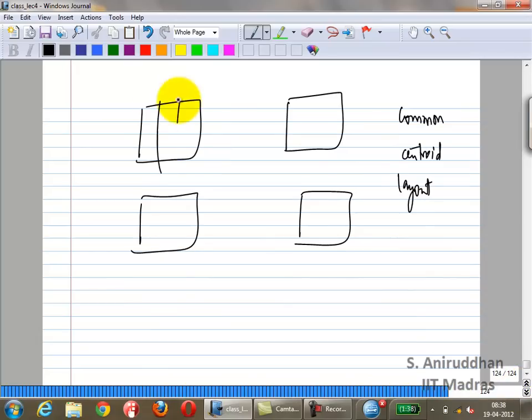Okay. So what is the problem with this kind of layout? What do you think the problem could be? Or is there a problem at all? No, that's okay, because they can be, so